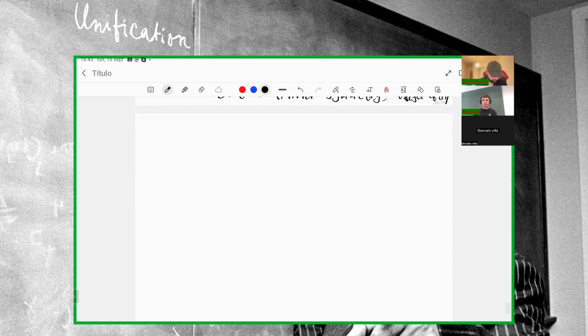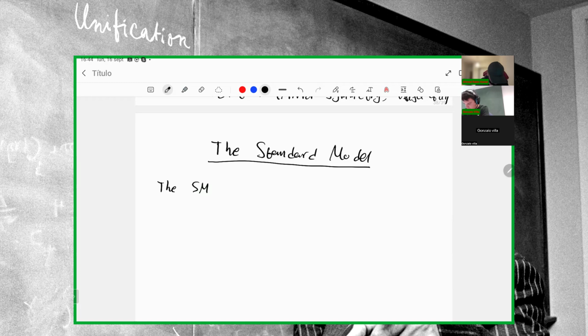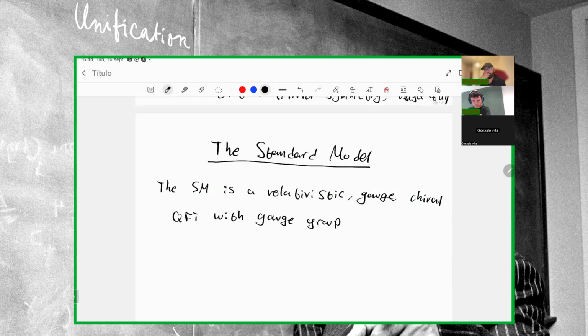Okay, so with that, let me, no problem. So let me tell you about the standard model. We have all the ingredients to describe the standard model now. So as in the other lecture, the standard model is a relativistic quantum field theory. It's a relativistic gauge chiral quantum field theory with gauge group G equals SU3 color times SU2 left for chiral fermions times U1 hypercharge